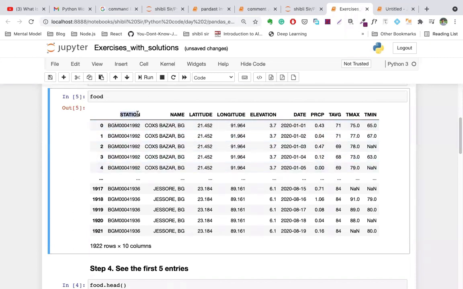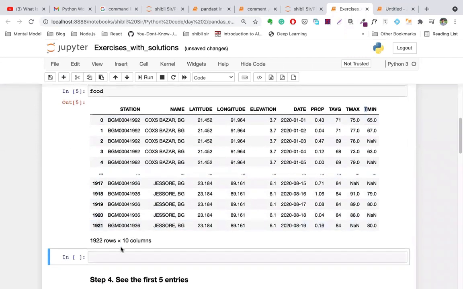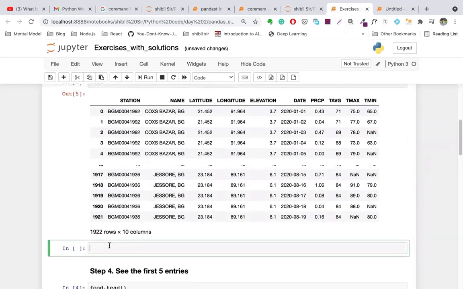This is the station column of the climate station. This is the place, latitude, longitude, elevation. This is the date. It is precipitation. It's average temperature, maximum temperature, and minimum temperature. First, this is the first thing you have to do with your data set. First, you have to delete